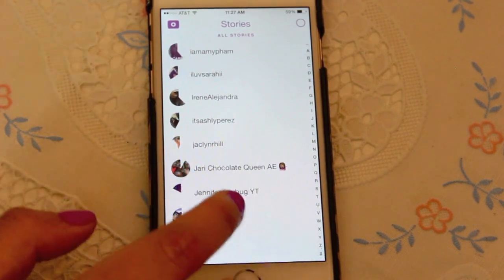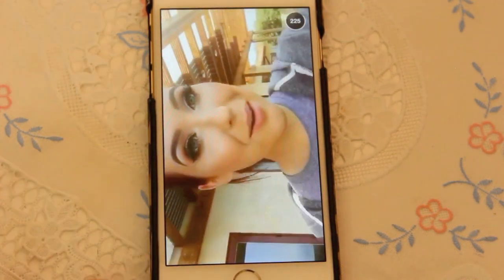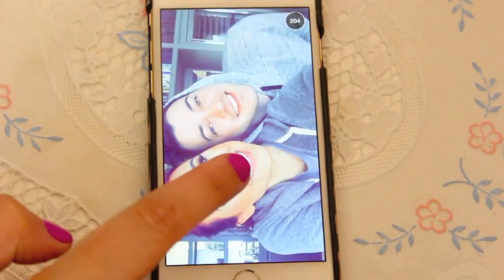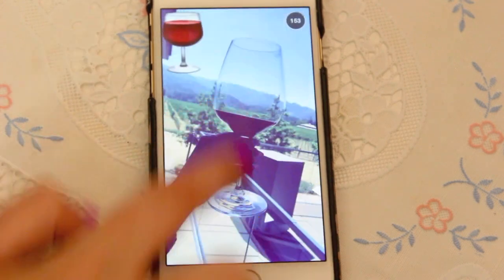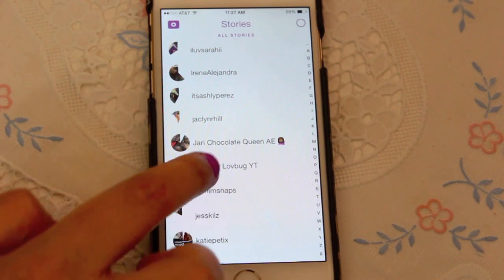But let's do Jaclyn Hill since everybody knows her. Okay, so I've already viewed all these, but as you can see, an hour and a half later, I can see them again because she put them on her story. I can view them as many times as I want. If she hadn't put it on her story, she just sent it to someone privately, it wouldn't show down here